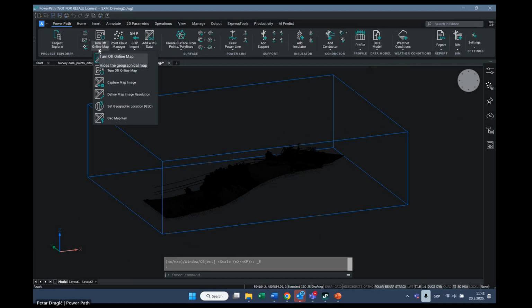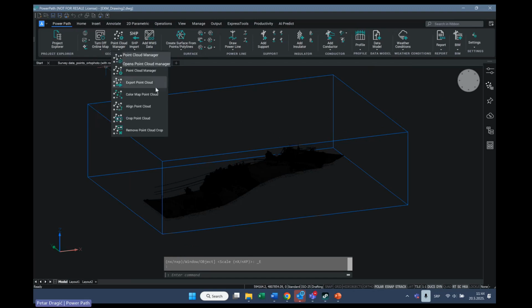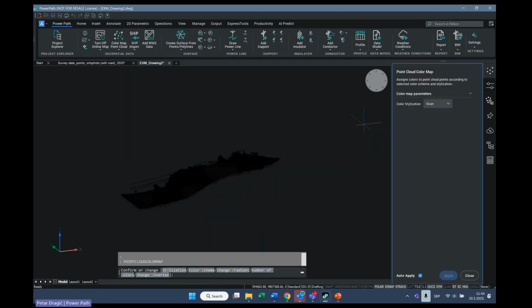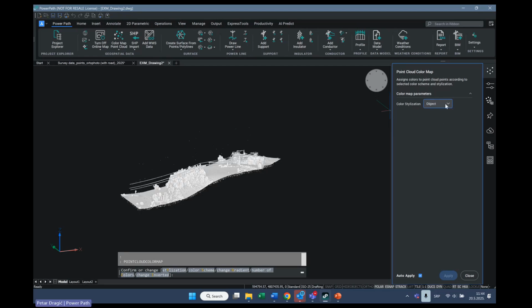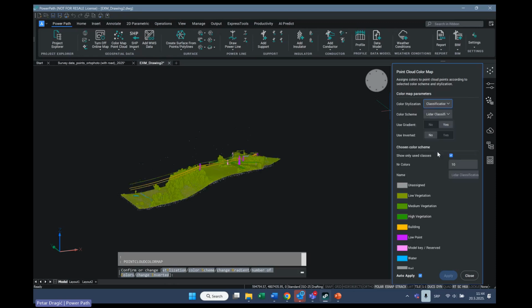And I want to show you what is actually new with the commands for point cloud. If you go on color map point cloud, this command already exists, but we added new color stylization for object and also for classification.